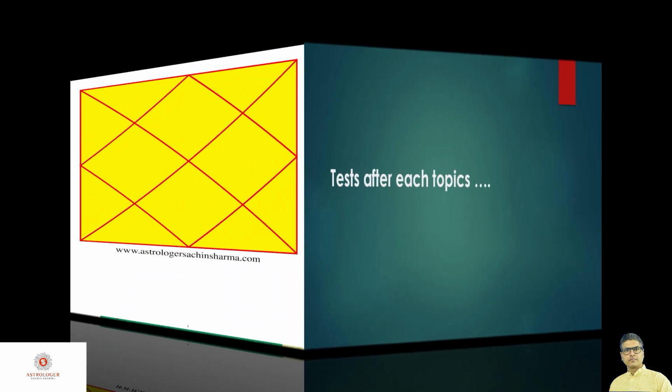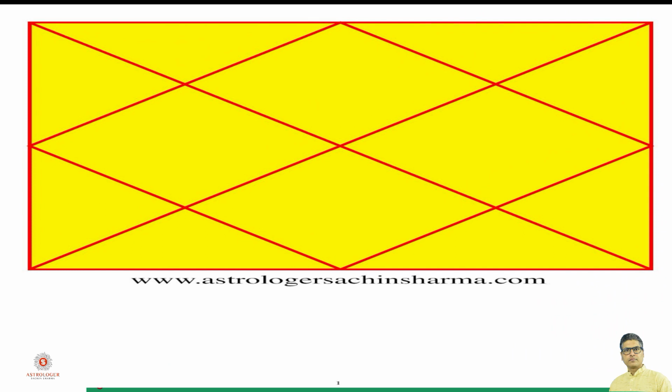So let's move forward and first discuss the birth chart, how it looks in Vedic astrology. A birth chart in Vedic astrology is like this. As you can see here, there are 12 houses in this birth chart. This is the basic format of a birth chart in Vedic astrology. Right now it is blank and there is no number written in it. I have prepared it to let you know the basic format first.